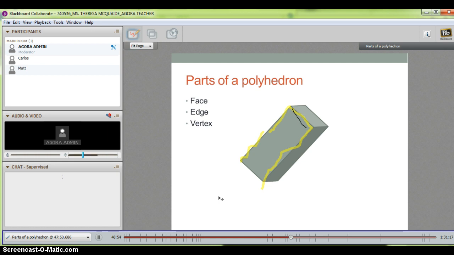Excellent. So Carlos is going, he's got his yellow edges shown. Good. Matt's joining in now. Very good. So our edges are the lines that we draw our polyhedron, just like when we first did our opening drawing. Those of you doing this lesson, you see that the students are to draw before we can